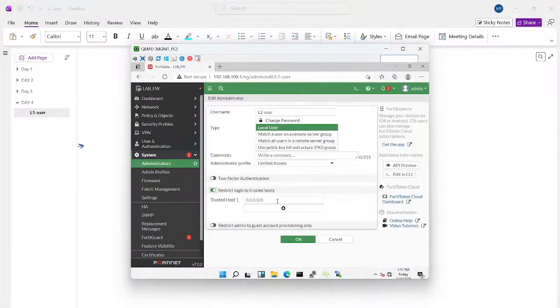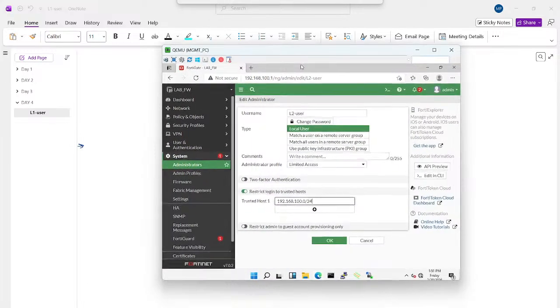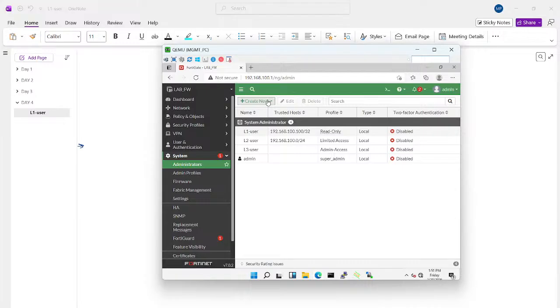Okay, for L2 user, my requirement is to add an entire subnet, right? If you see, for L2 user, we are saying we will add the entire subnet. So I can say /24 and add it. Then for L3 user,